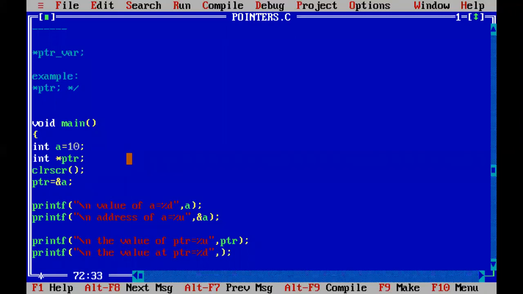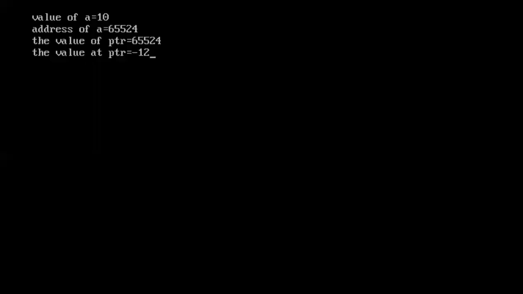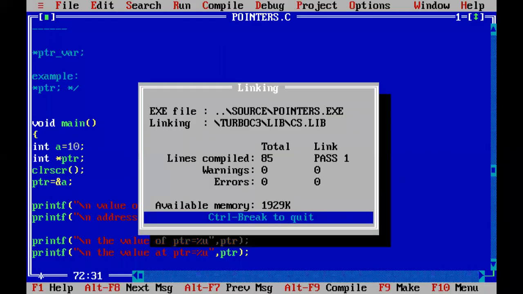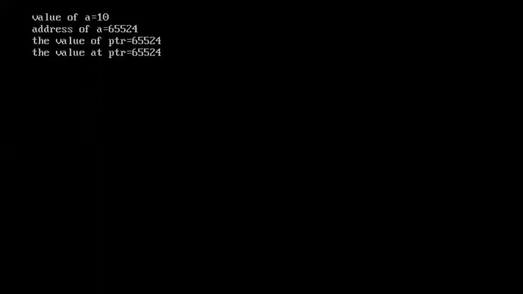If you write PTR here, what is going to be printed again? The address which is stored in the PTR is only going to be printed in the place of %d. Same thing, -12, some random value is printed. Here you have to write a %u. So same, the address only printed.